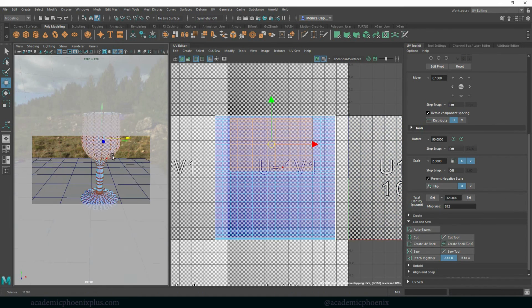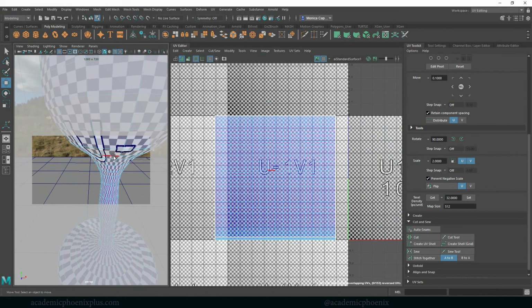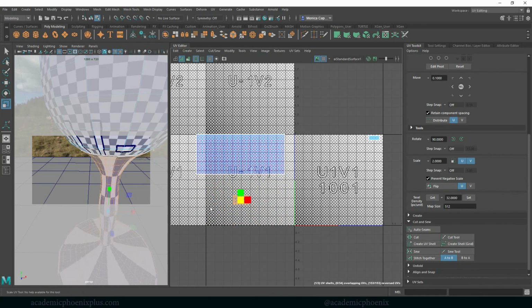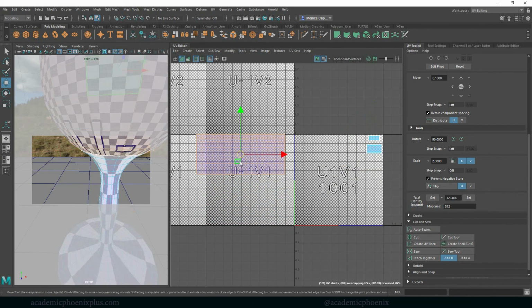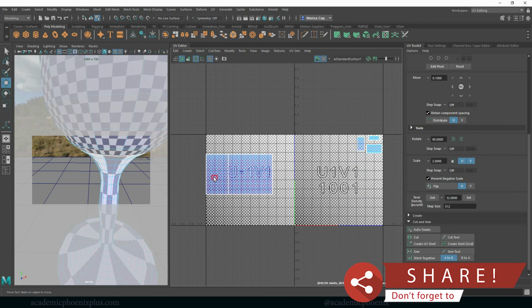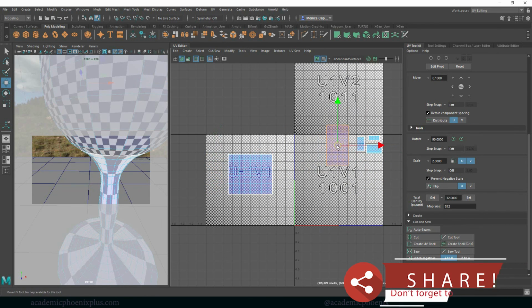So I'm going to split it a little bit more. I'm going to go to edge over here, double click here, and then cut. So now I can take this, scale it down. And if I'm really careful, I can go this way. Cut, face, and move it over here. So again, I'm not planning to put any textures on anything else. It's just going to be